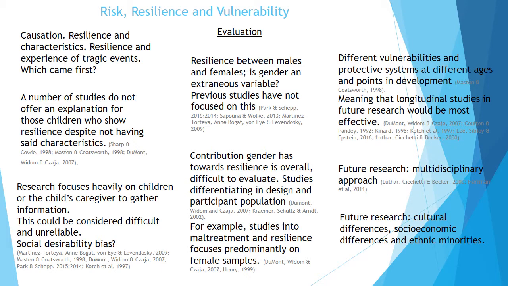Research into this area focuses heavily on children, or uses children or the child's caregiver to gather information. This can be difficult and unreliable, as it could be said that children are too young to understand and give a reliable report, and their caregiver's reports may come under scrutiny for social desirability biases. Other research into resilience suggests that children have different vulnerabilities and protective systems at different ages and points in their